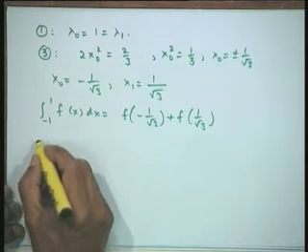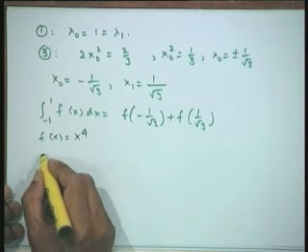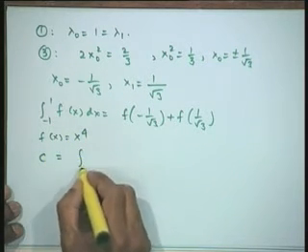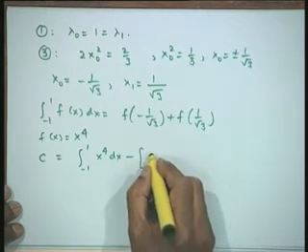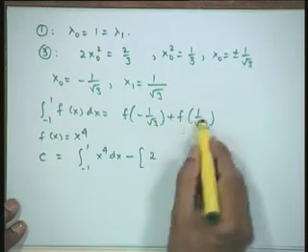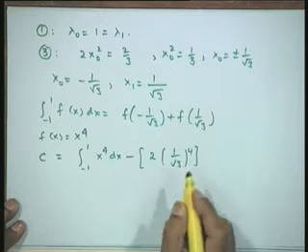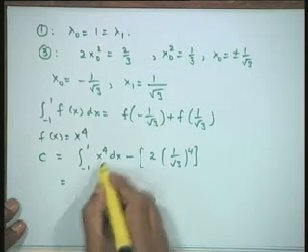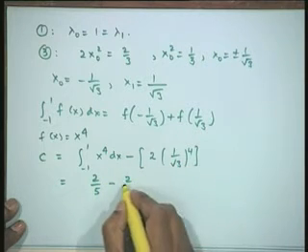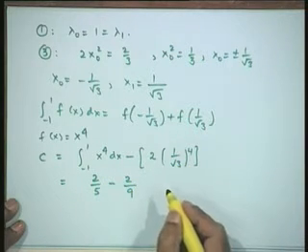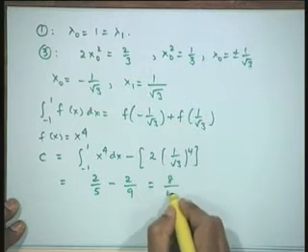Now, let us take the error term. I have to take f x is equal to the next power, that is x to the power of 4, and therefore, the error constant c would be integral from minus 1 to 1 of x to the power of 4 dx minus, since x to the power of 4 is even, both will be equal, 1 upon root 3 to the power of 4. This is x to the power of 5 by 5, therefore, 2 by 5 minus 2 by 9, that is equal to 18 minus 10, that is 8 upon 45.